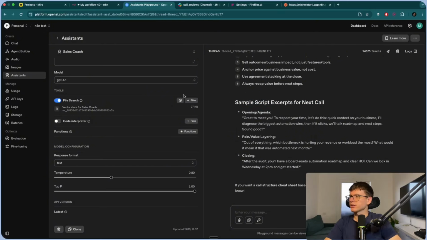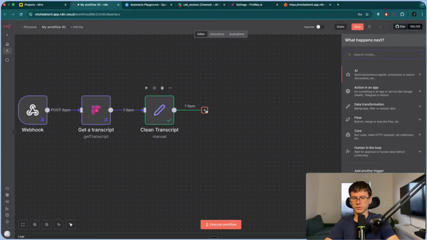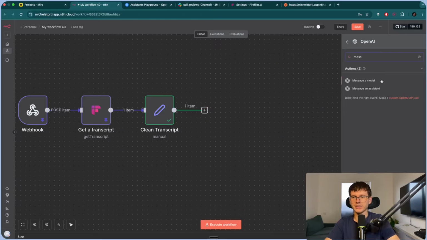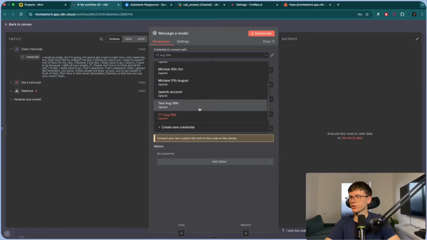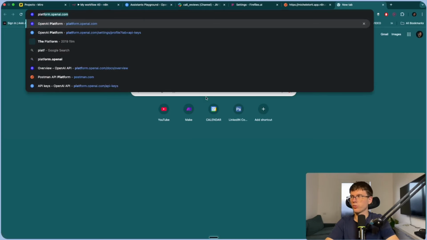All right. Now that we have this, we can connect this to our n8n workflow. So all we have to do is go to plus, look for OpenAI, and then usually you message a model. But in this case, you want to create a message an assistant. There you go. To connect your OpenAI, you have to get the API key, which you can get from platform.openai.com.